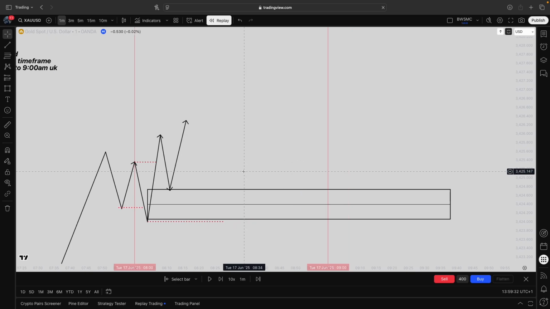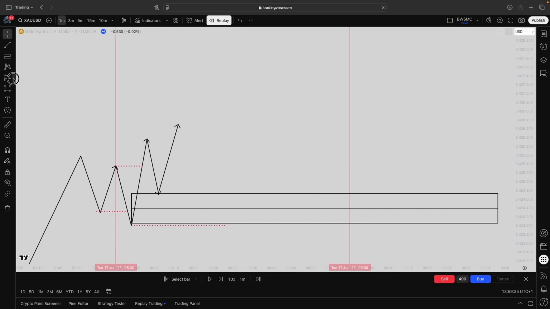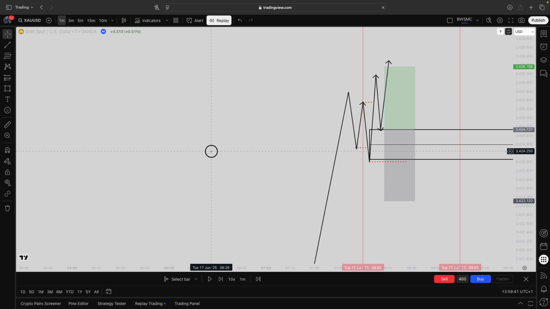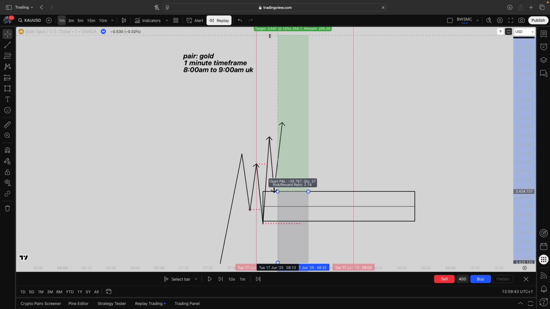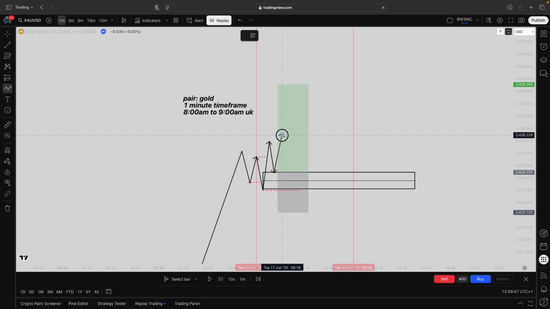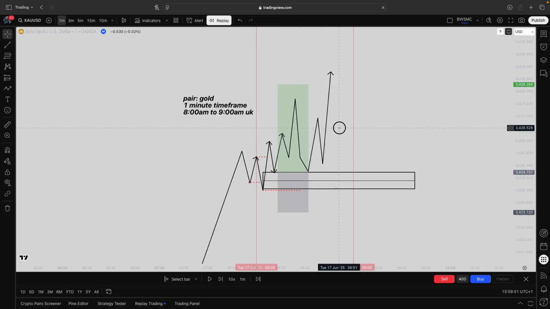But let's get back into it now. As you can see, once we have that pullback into our entry point, we'll put our stop loss wide enough to avoid the spreads on gold, and we'll target a nice 1 to 2R. And once we hit that 1 to 2R, price then pulls back and starts to distribute towards the upside. So this is the easiest way to be consistent in the markets,